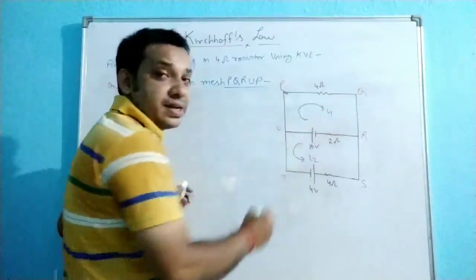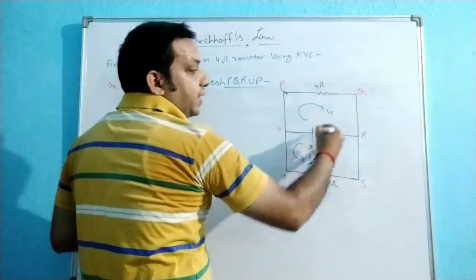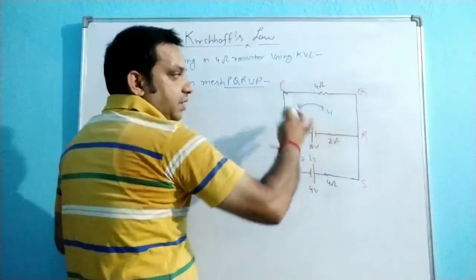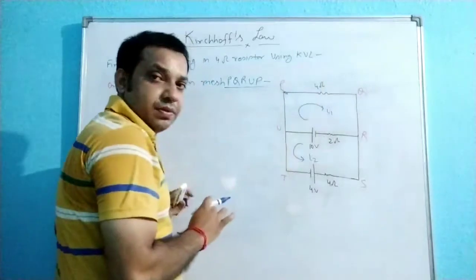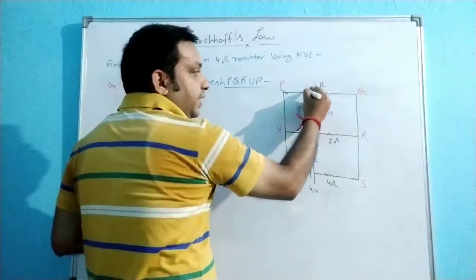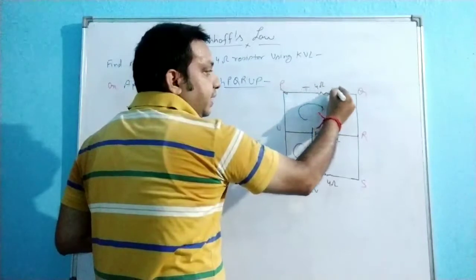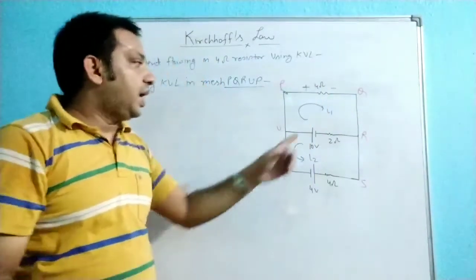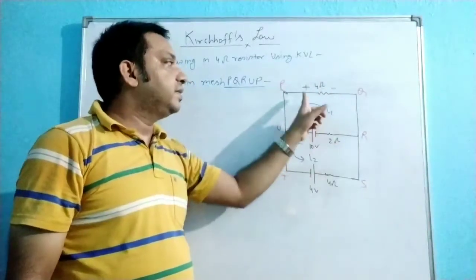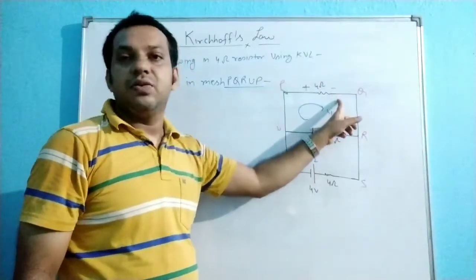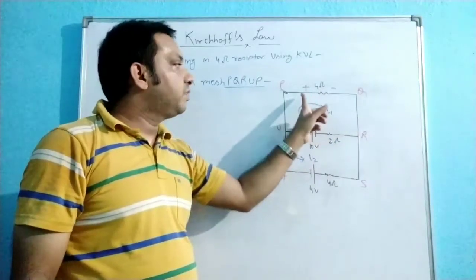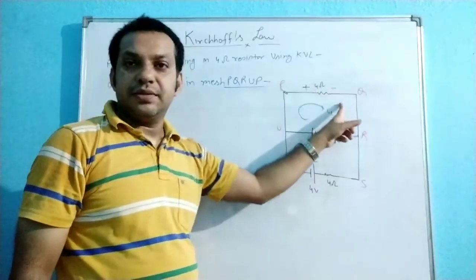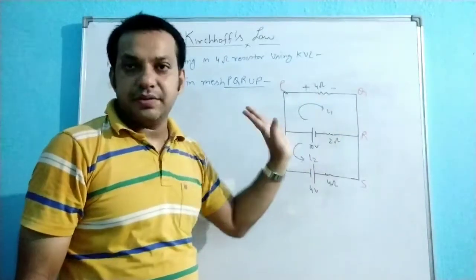So see what is the direction of the I1? I1 is circulating like this one from P to Q. See the direction? I1 from P to Q. Clear? So this end is at higher potential and this end is at lower potential. See again, the I1 is flowing like that. That means this end is at higher potential, this end is at lower potential. Right? That is why current flows from higher potential to lower potential. Right? Plus to minus. Current always flows from plus to minus.